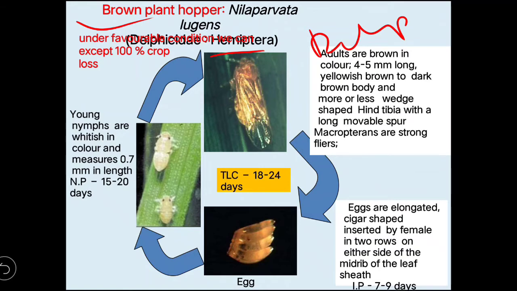So this brown plant hopper requires a specific type of microclimatic environment. In a particular area wherever they are staying, they need a suitable condition to live there. That is a particular type of RH, 70 to 80%, and in rice they will find that humid condition and they will attack the rice plant because of the favorable condition.